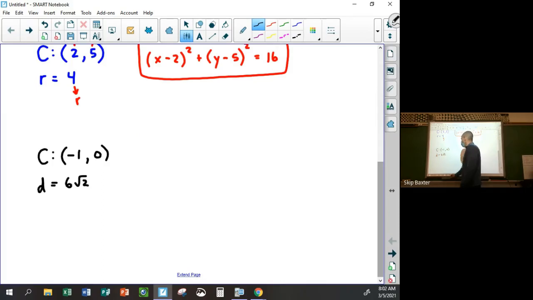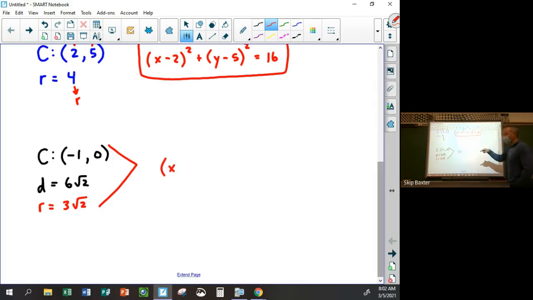The first thing I would do is just cut this in half to get the radius. So half of 6 radical 2 would be 3 radical 2. Then if you substitute that information into the equation, it ends up being x minus this x coordinate, which in this case would be x plus 1, right? Because you're subtracting -1, squared,